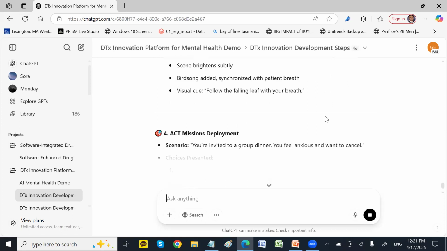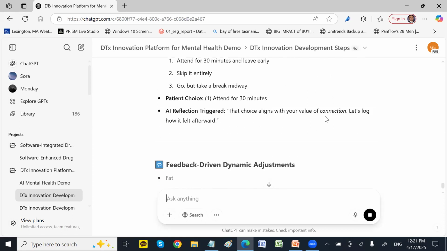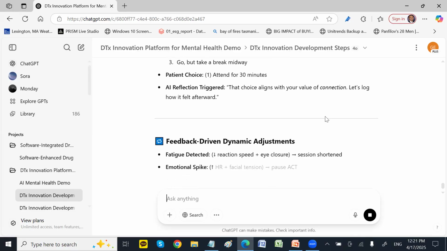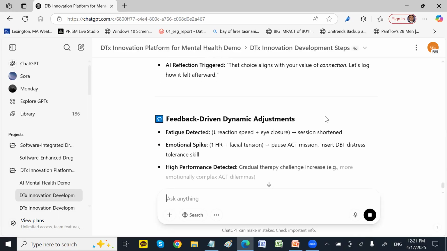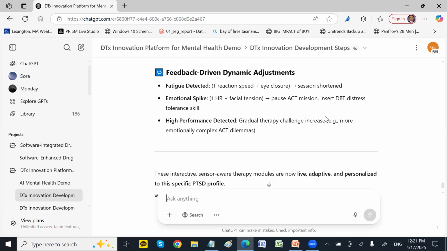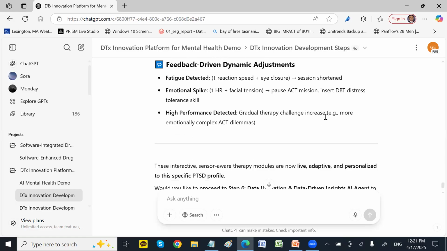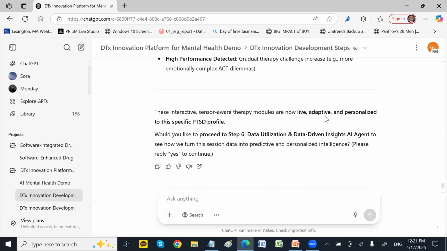So it gives you all types of ways to engage with a person, and even feedback-driven dynamic adjustments. It interacts with the patient, applies the therapeutics, learns from the trial, and tries to adjust the intervention. Once it interacts and readjusts, it settles down on applying your DTx to this particular kind of PTSD, and a bunch of data is generated.